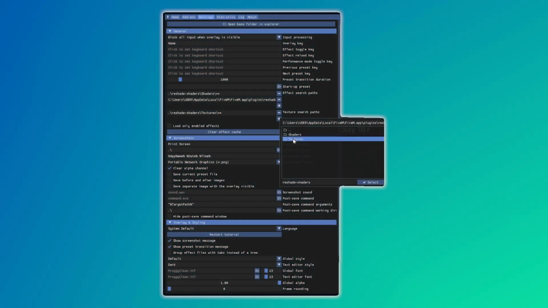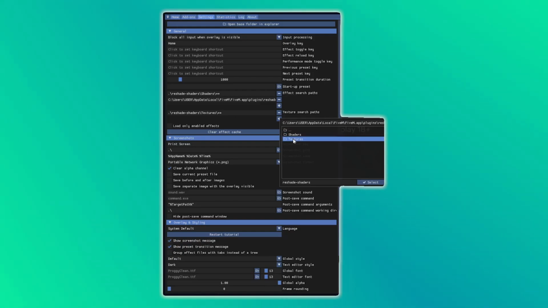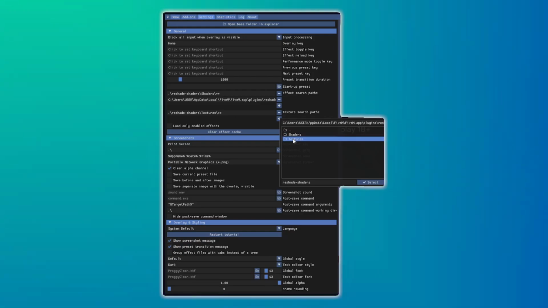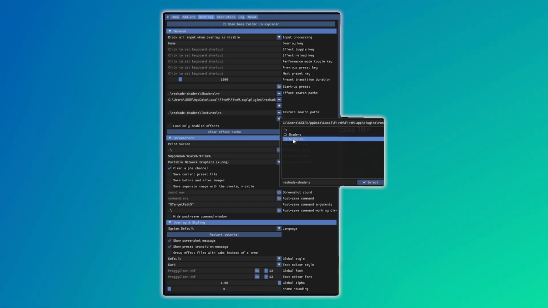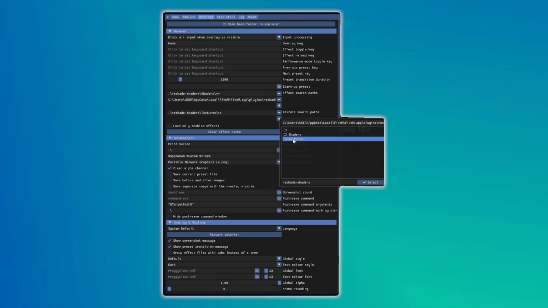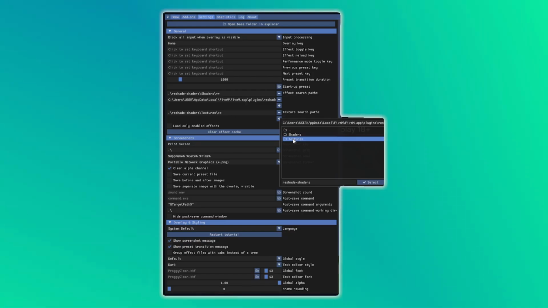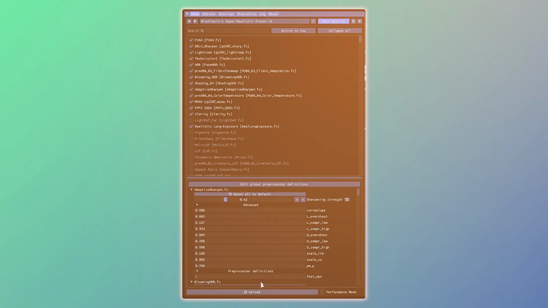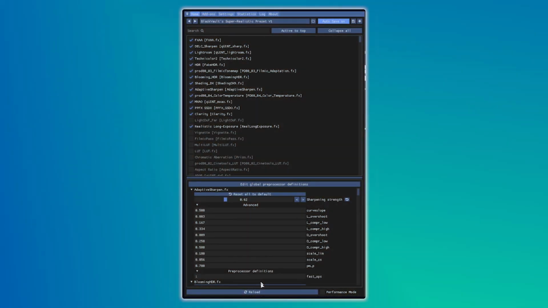Next, go to Texture Search Paths just below. Again, click the plus button. Navigate to the same Reshade Shaders folder, but this time open the Textures folder. Select it and confirm. After adding both paths, go to the bottom of the Reshade menu and click the Reload